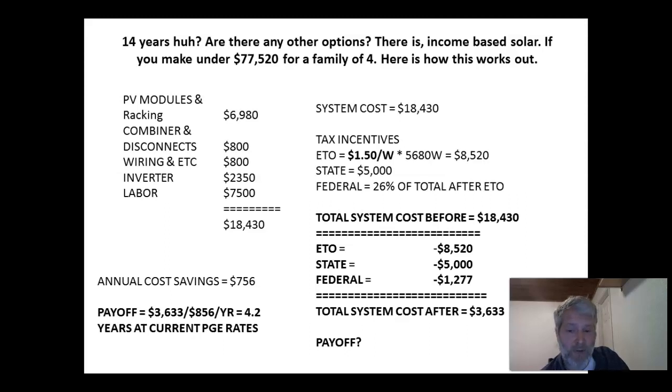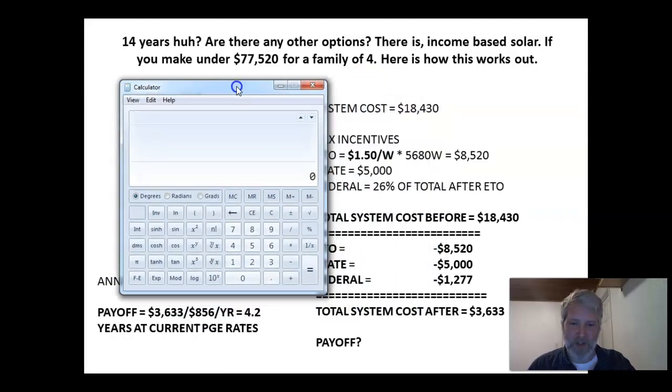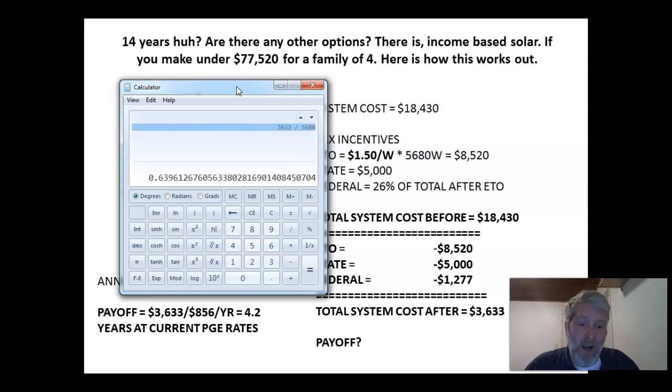And so your payoff for this would be about 4 years, and could potentially be, probably like 3 years because the 856 is a little low. But this is really incredible. Essentially you're getting your system for 50 cents a watt almost. Does that math work out? Let's see here. So if we take 3,633 divided by 5,680. Yeah, so you're getting your entire system cost for 64 cents a watt, which is cheaper than your solar